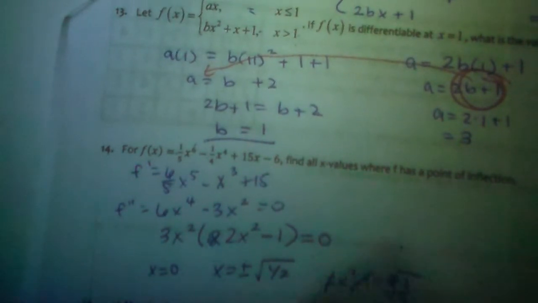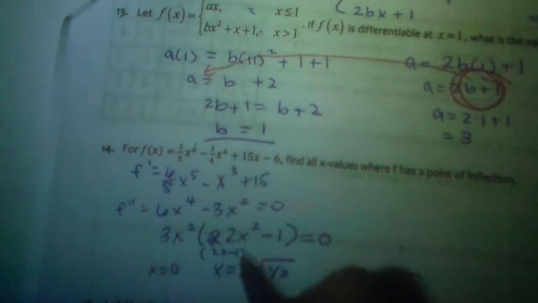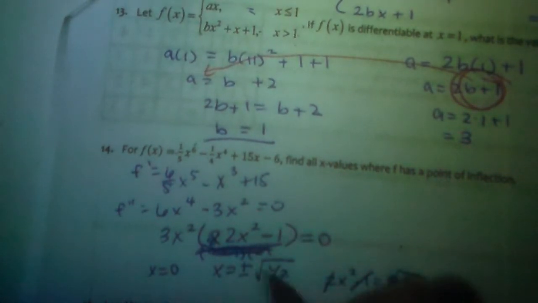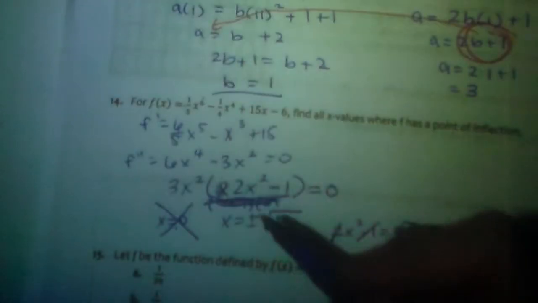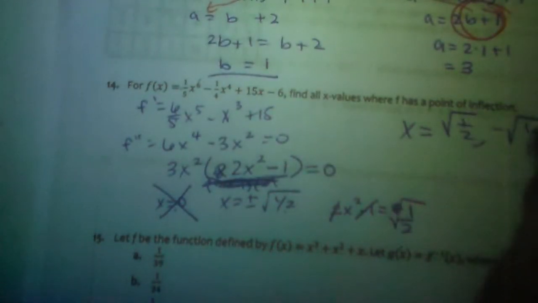Where does it have a point of inflection? So it should be changing signs over each of these. Remember, this is kind of like the 2x minus 1 and 2. No, I did that wrong last time. Anyway, these are our two values. X equals 0, I know will not change signs because it has an even power. So x equals root 1/2 and negative root